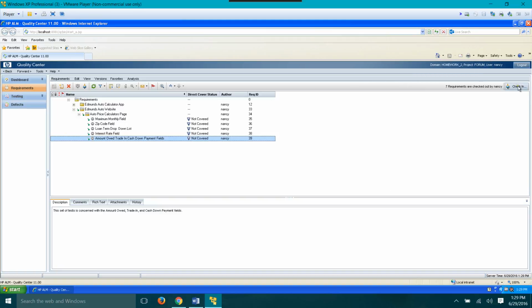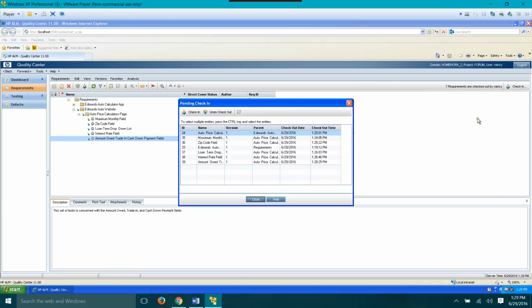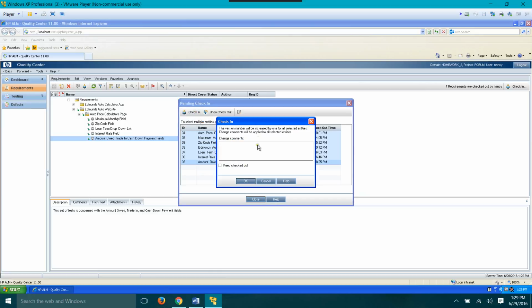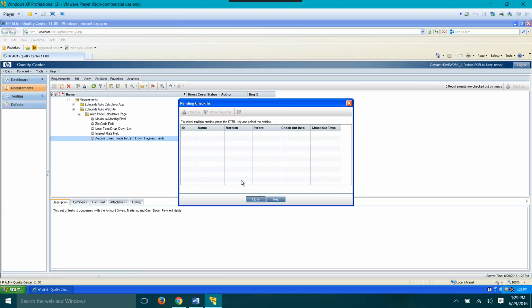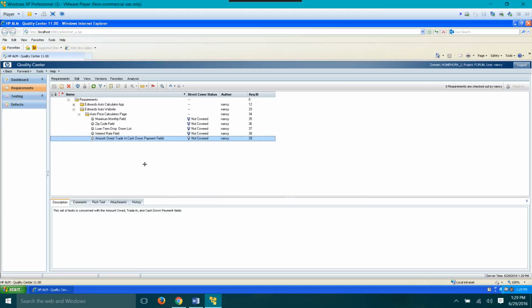Our check-in button is all the way over here to the right, and in order to check in everything, you can hold down your control key and then click on each field. That way you only have to click check in one time. You don't have to put anything in here, and you click OK. And close. As you see, all the little padlocks have gone away, so I'm a good girl, and now my person can come along and do their job while I'm at the water cooler. So I log out,